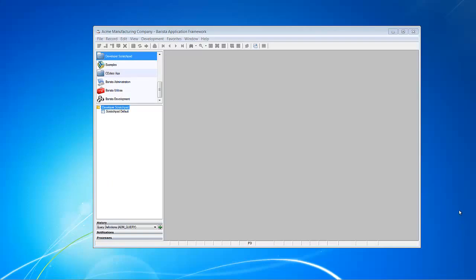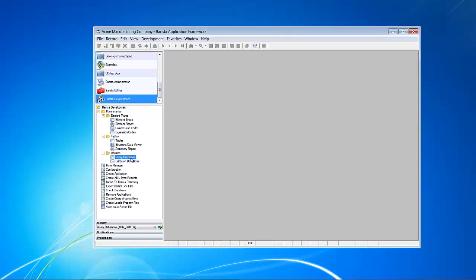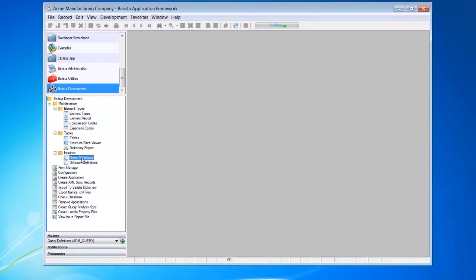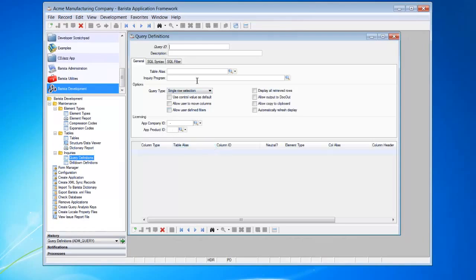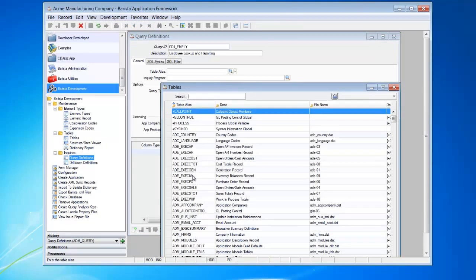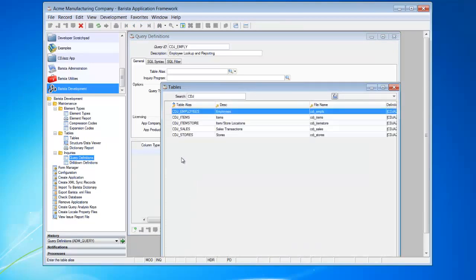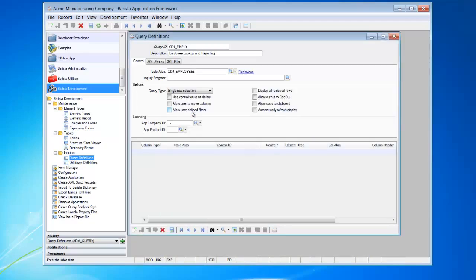Right, let's go across to the Barista application framework and create that custom query. So we'll go to Barista Development, select Query Definitions, and let's create a CDJazz employee query. Call it employee lookup and reporting, because we still have access to the whole of Dockout. Our table alias, so our core primary table that we're going to be looking at, is the CDJazz employees table,